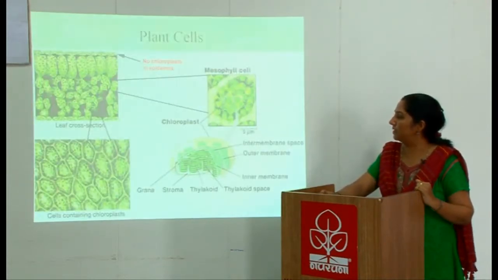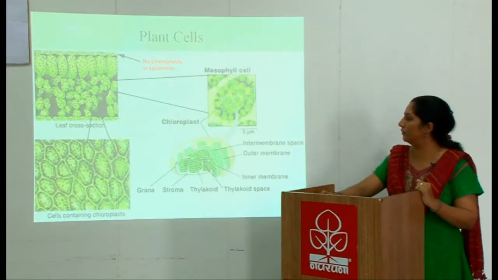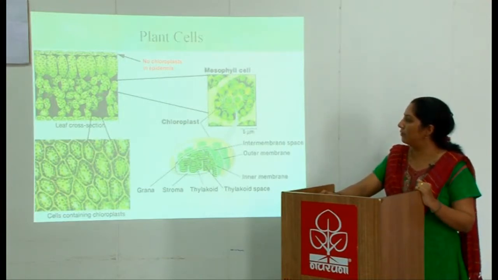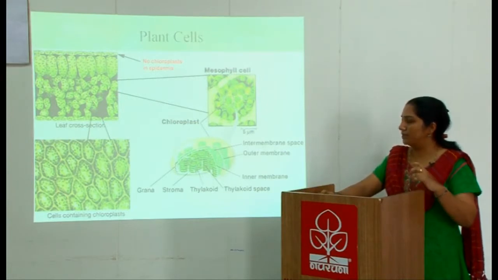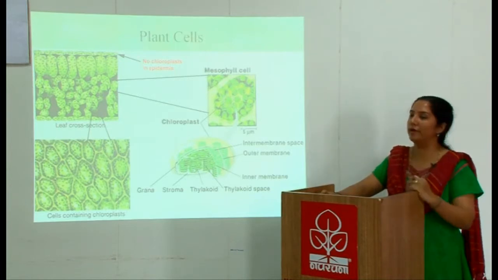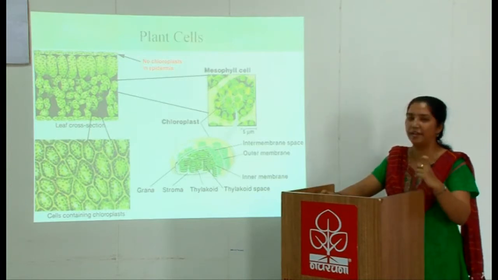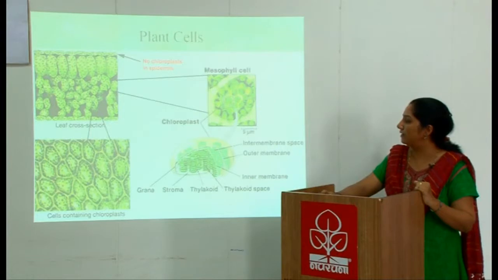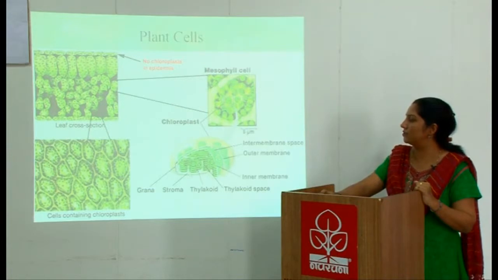So this is the chloroplast. Now here you can see the structure of the chloroplast. Here you have an outer membrane and an inner membrane, plus the thylakoids, which look as if a group of coins have been put on each other. It is a stack of coins, and the whole thing is known as grana. And you can see an empty space over here, which is called stroma, which is filled with fluid.